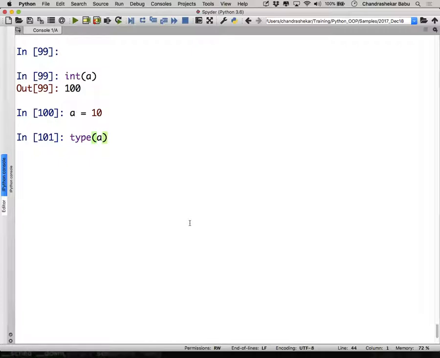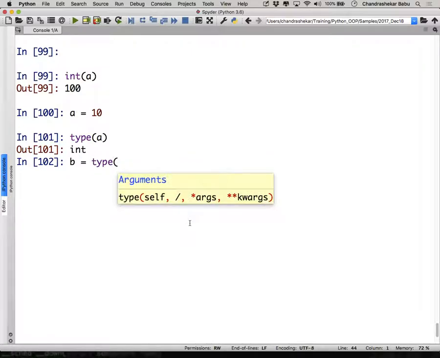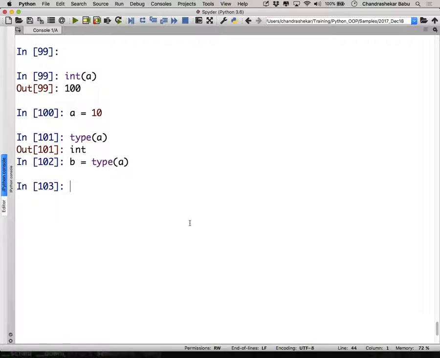Type is a built-in function to identify the type of an object, which class it belongs to. It says int. I will say b = type(a). Type also is an object. I'm getting a reference to the object's type. b is referring to the type of 10. So look at b, it shows int. If you ask what is the type of b, it says type.